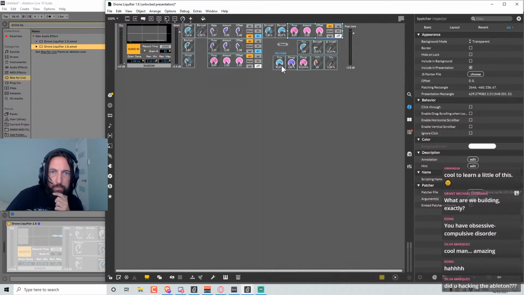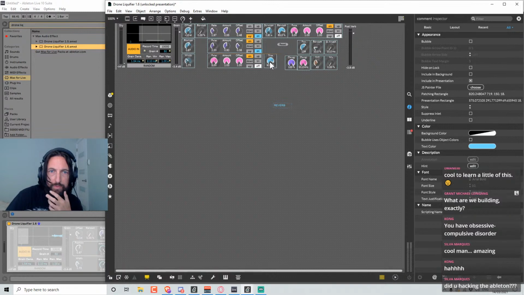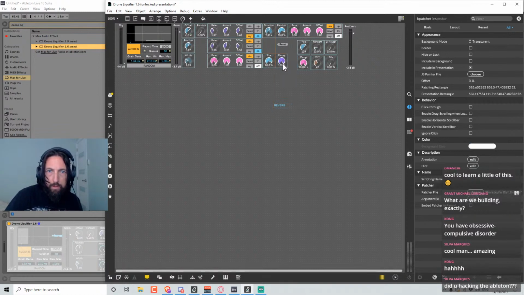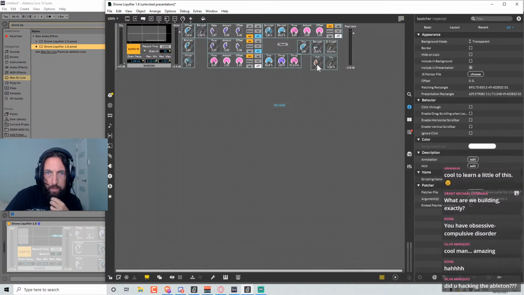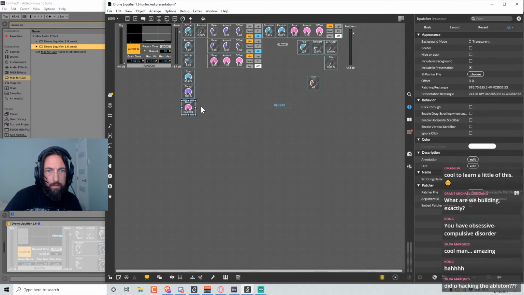Awesome. And then let's align these reverbs up. Just need to make sure these are all the same size or width, which they are. Damp is not.